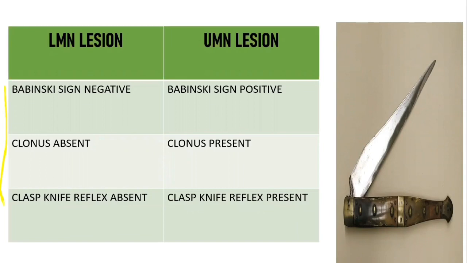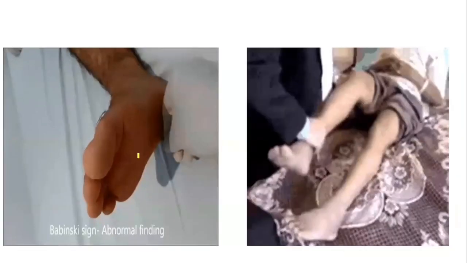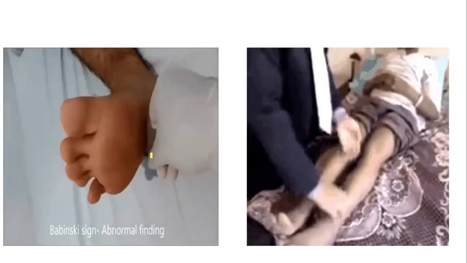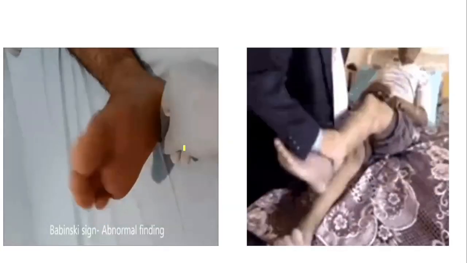In an LMN lesion, everything is going to be less or absent. In a UMN lesion, it is going to be more, either positive or present. What is the meaning of Babinski sign or reflex? In this picture, with a pencil or a mild sharp object,